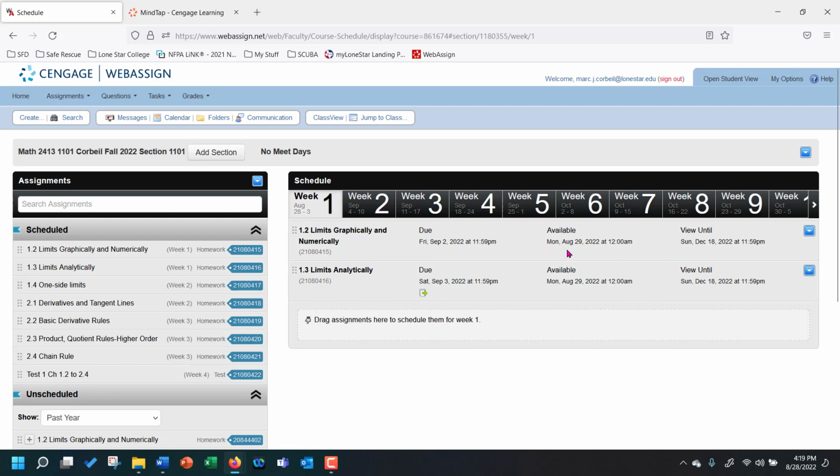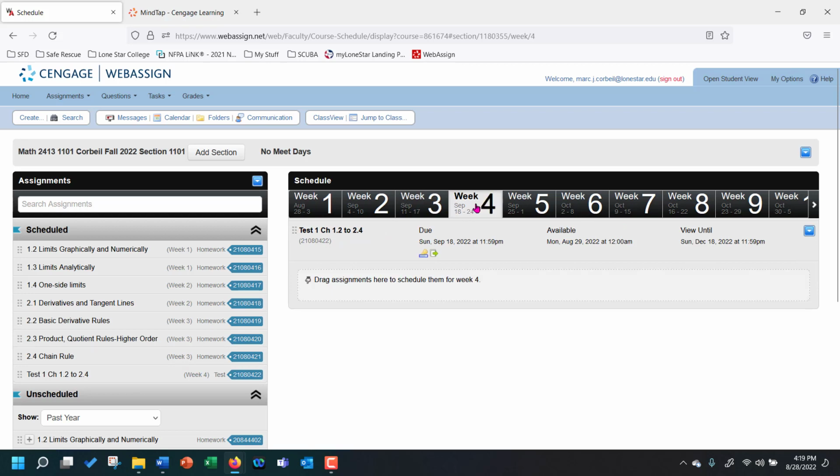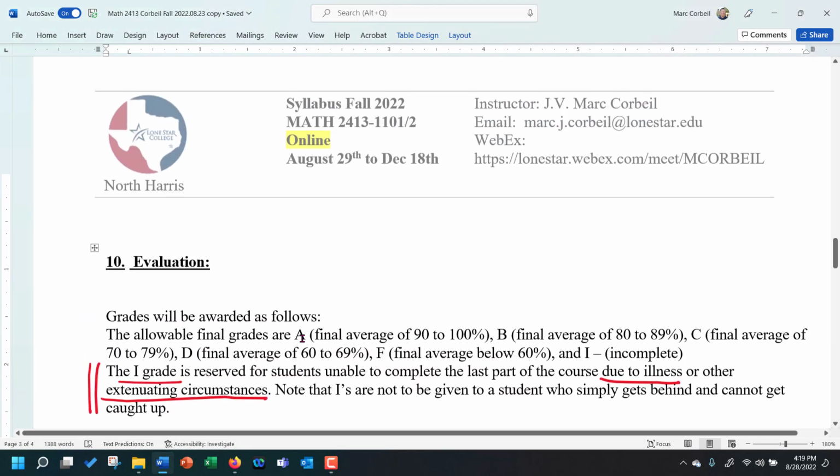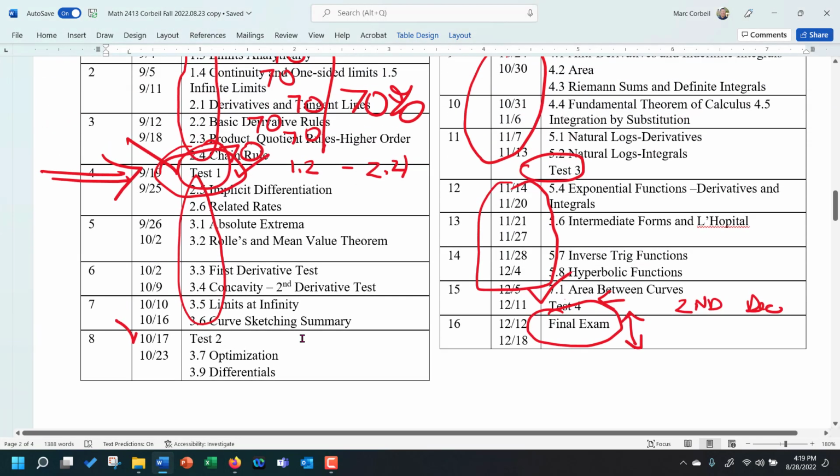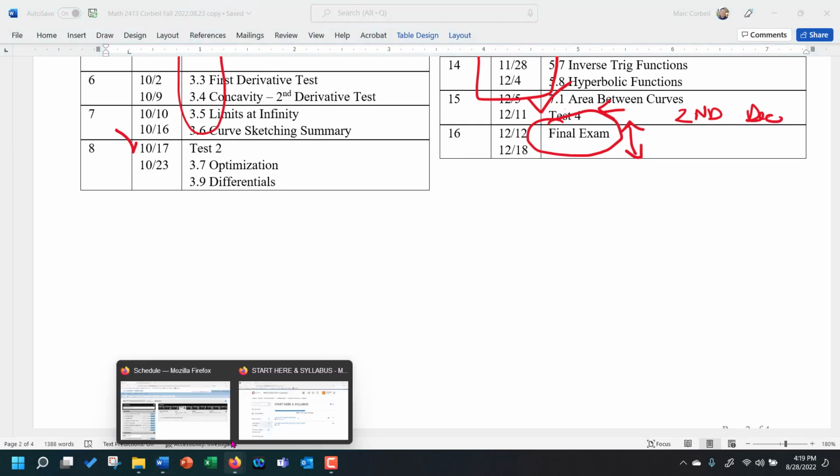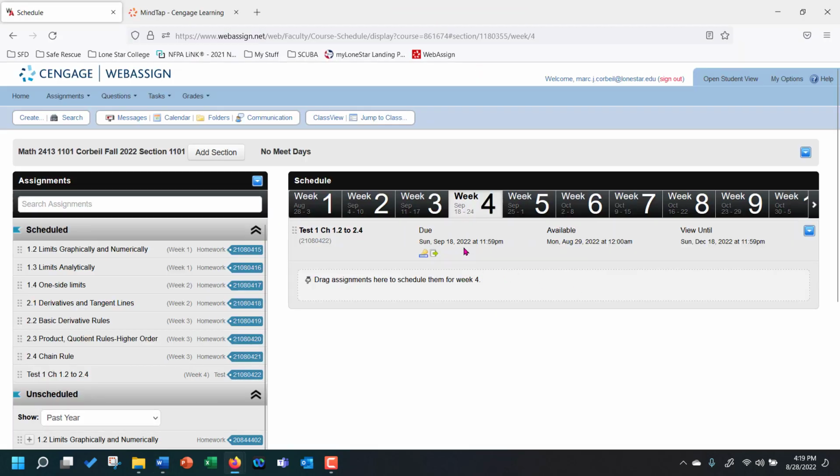And all your assignments from the beginning to the end are going to be available as of Monday the 29th. Well, that's not entirely true. I haven't put them all in, but I put all the ones for test 1 in. So I'm doing a little movement and changes. Your test 1 is already ready to go, and that is scheduled for the 4th week, like we said on the syllabus. Your test 1 is in the beginning of the 4th week. So that is already scheduled. You already have that as a due date. You need to finish that by Sunday, September 18th at 11:59 p.m. That's when your first test is due. So you can do it earlier, but you certainly can't do it later.